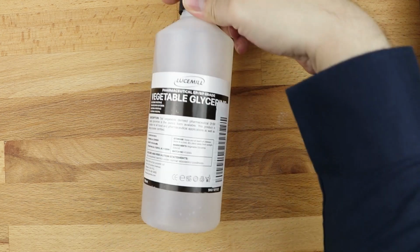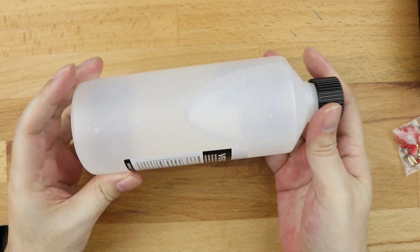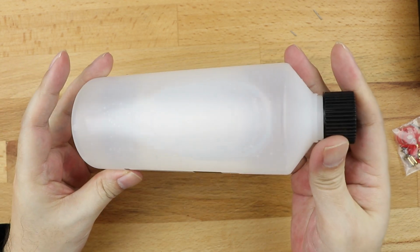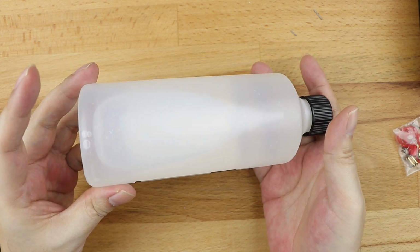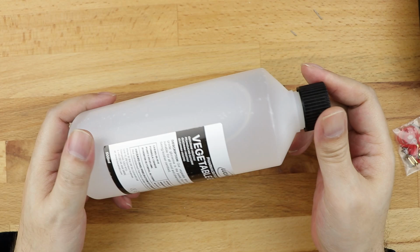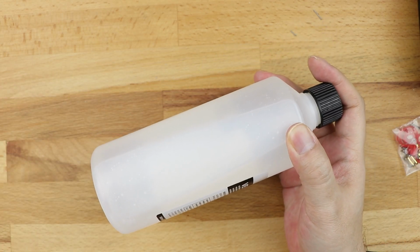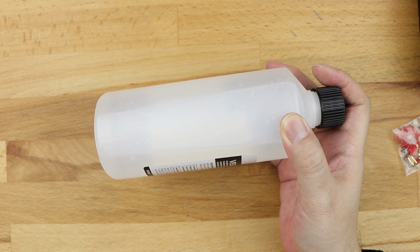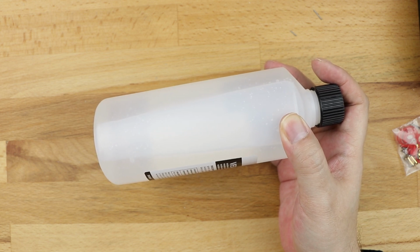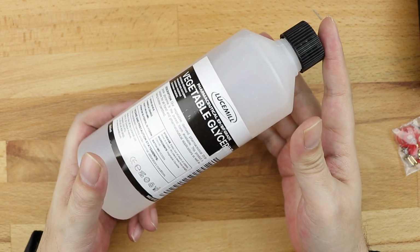What's vegetable glycerin? Well, it's this stuff here. VG, vegetable glycerin, is a rather thick liquid. As you can see, that little bubble in there is taking a fair amount of time to make it to the other end. It's basically a glycerol that's been made from specific vegetables in the vegetable category. I don't quite know actually what vegetables are being processed to make vegetable glycerin, but you find this stuff in